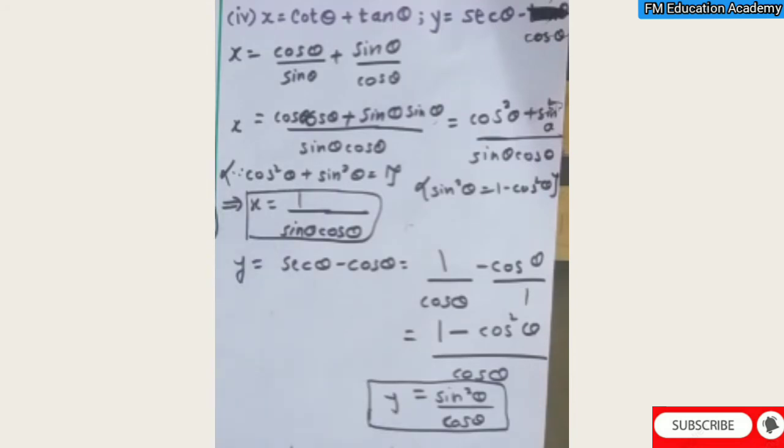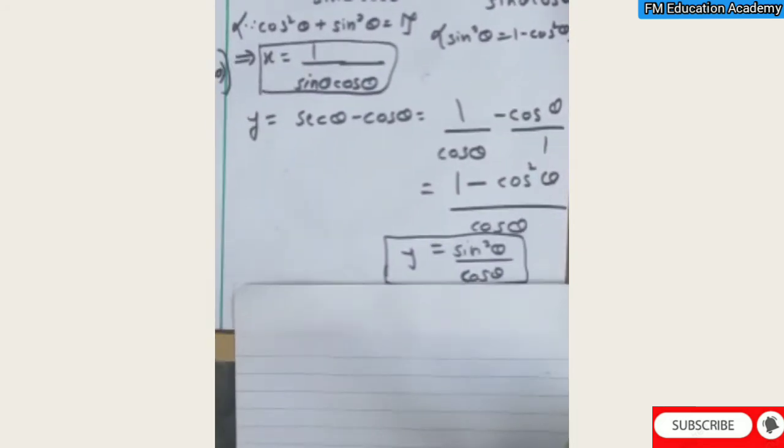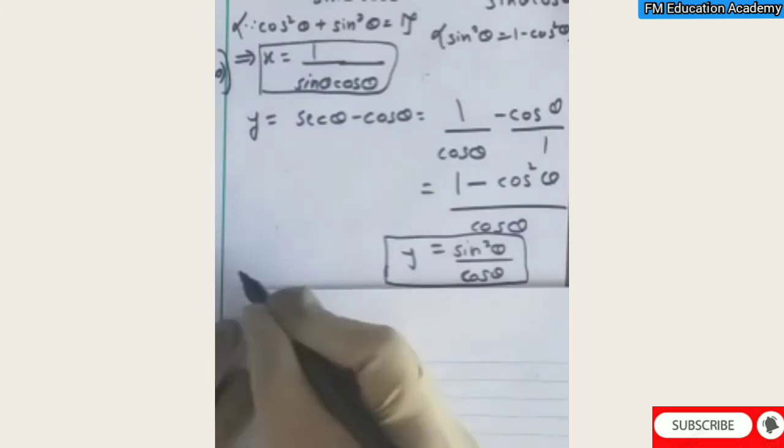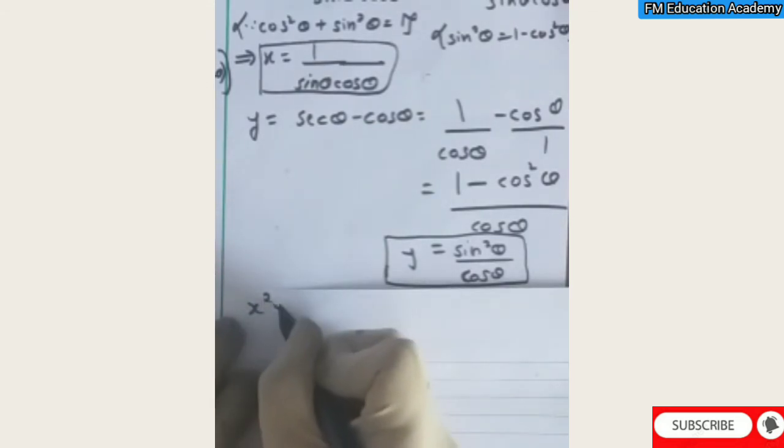Simply if you multiply x into y, we won't get it, because one sin will get cancelled and only cos θ will be left in the denominator. But if you multiply x² into y, we can get sec θ from there, and similarly we can multiply x into y², so we can get tan θ from there, and we have an identity between sec²θ and tan²θ, so we can successfully eliminate theta. Let us use that approach. That is, here we will multiply x²y and also we will multiply xy². So what is x²y?